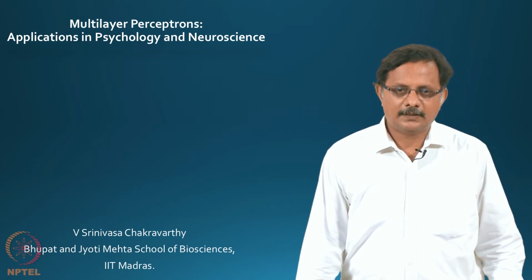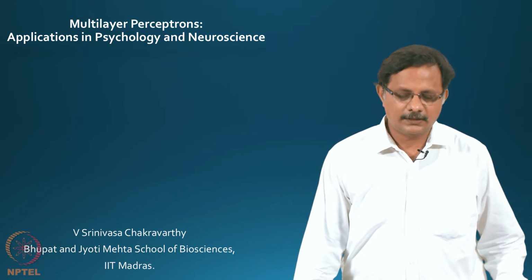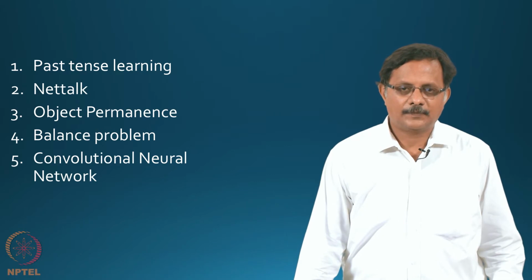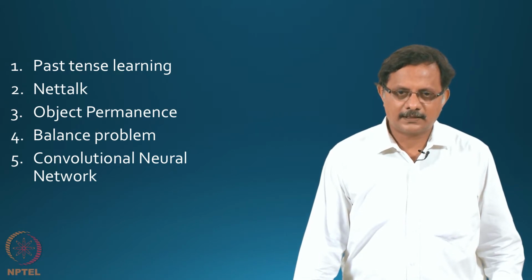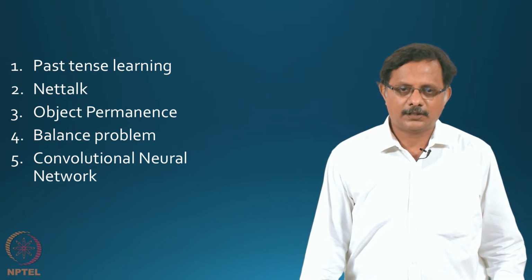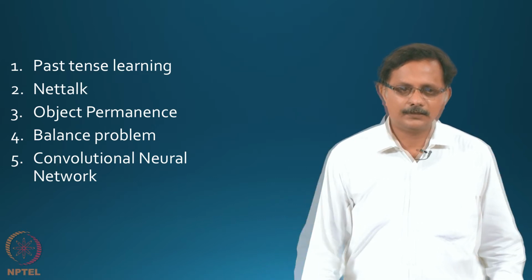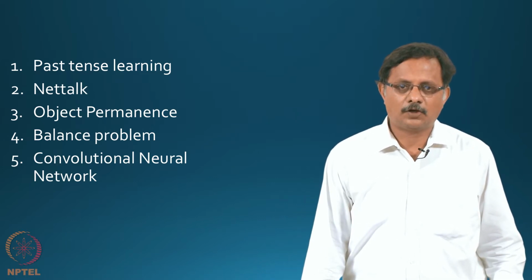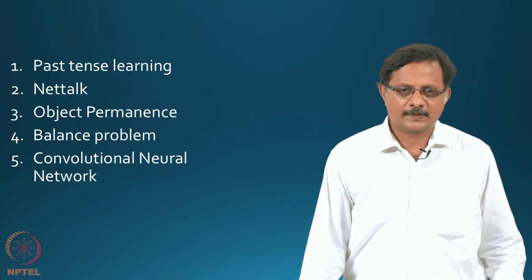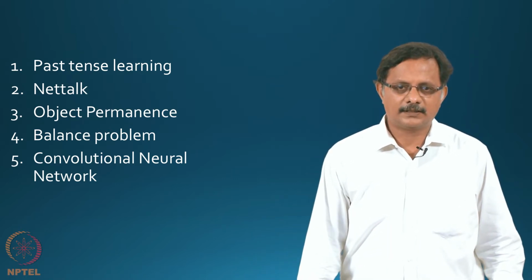So, in this segment we will see how these multilayer perceptrons can be applied to problems in psychology and also neuroscience. Specifically, we will look at 5 phenomena. These are past tense learning, that tells you how children learn past tense. Then NetTalk refers to how a network can be taught to read text aloud. Third one refers to the phenomenon of object permanence and how children learn this concept. The fourth one is about balance, how children learn the concept of balance, and the fifth one is a network model